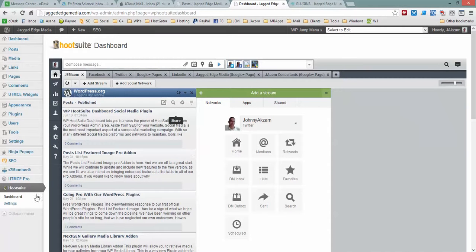I've already installed the plugin on my site, and this is my Hootsuite account, just like it would be if you were on hootsuite.com. Now, what I'm going to do is,